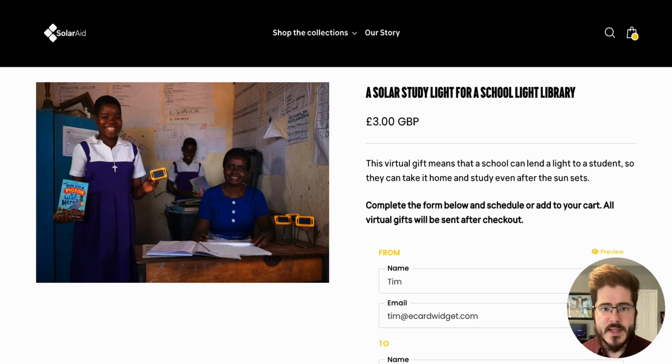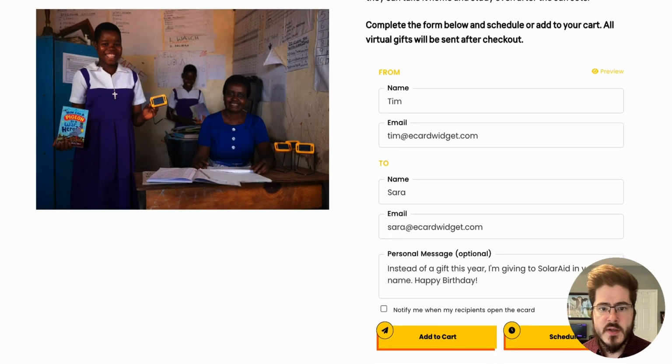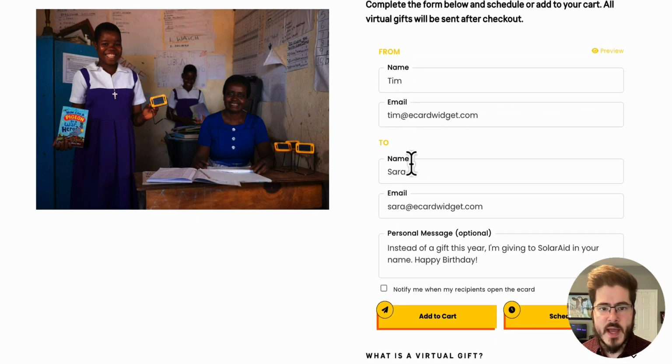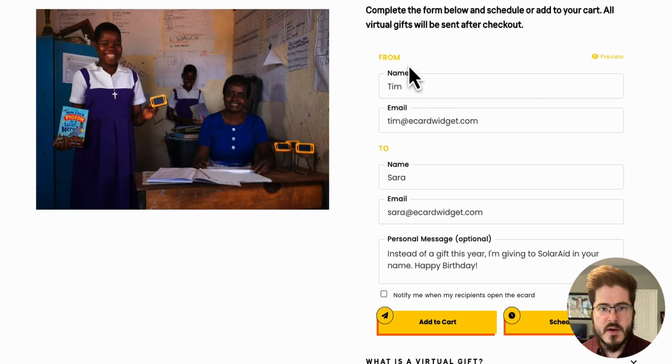The next example is SolarAid, a nonprofit. And what they are doing is they're accepting donations in exchange for an e-card. So in this example, I've already filled out, I can see that on this Shopify product page, I've got this e-card form, and I've filled this out. I've got it marked for my wife. And if I hit preview,